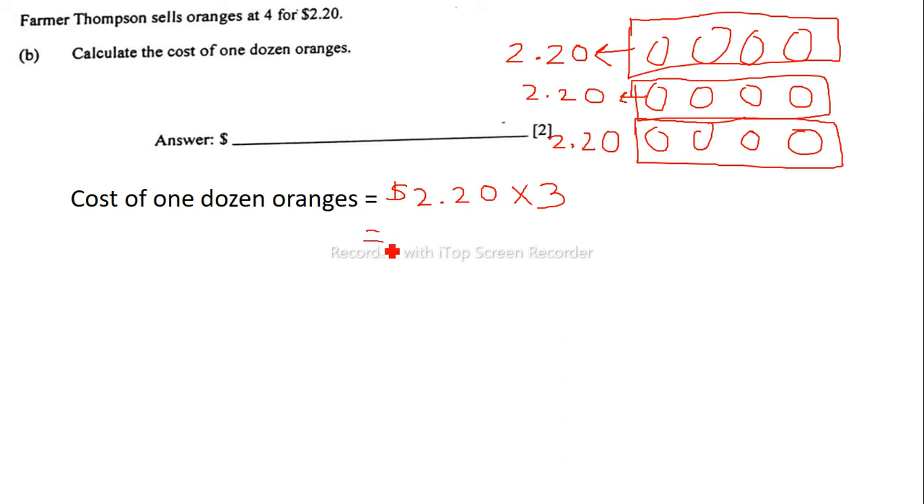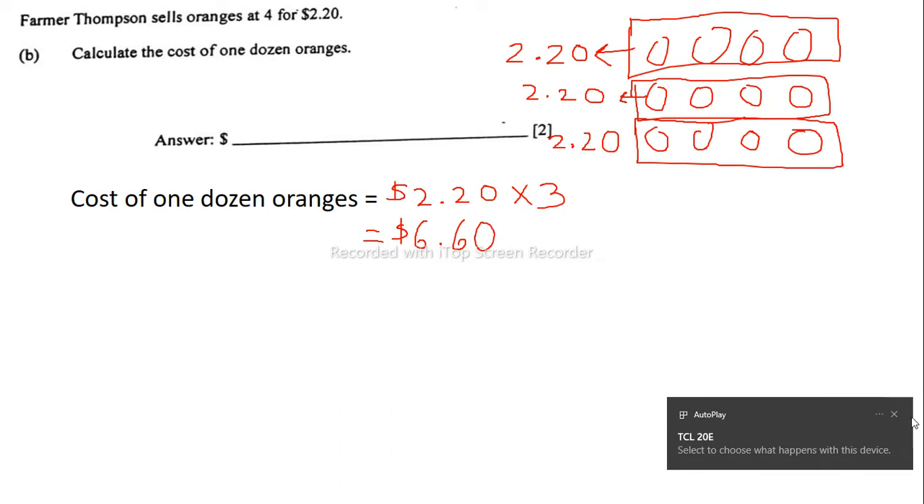$6.60. $6 and what? 60 cents. Adding is easier, sorry. So you say adding is easier? For that one, because you laid them out like you said. Oh, I laid them out already, I already did the work. Okay. So $6.60 is how much the cost